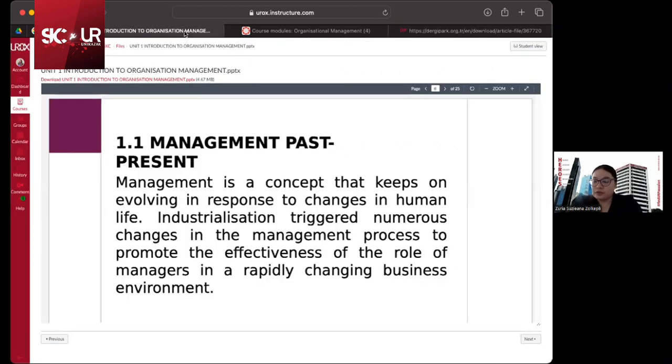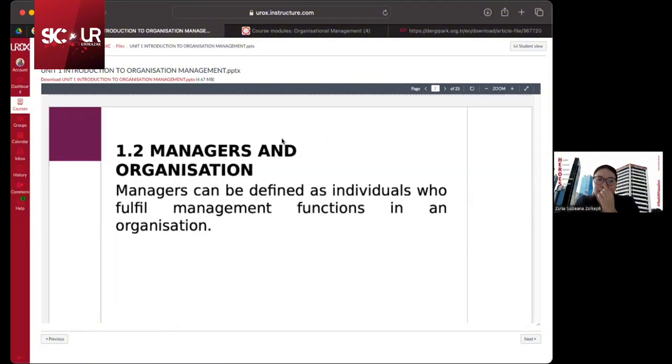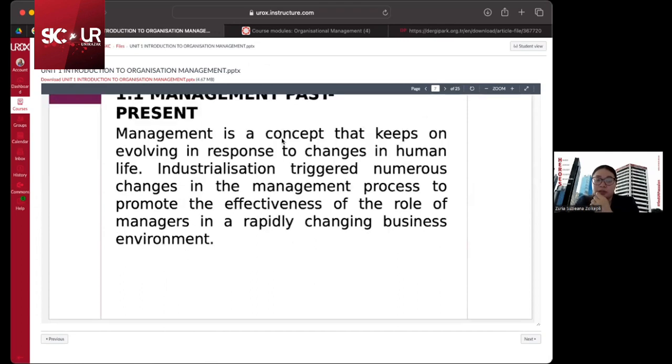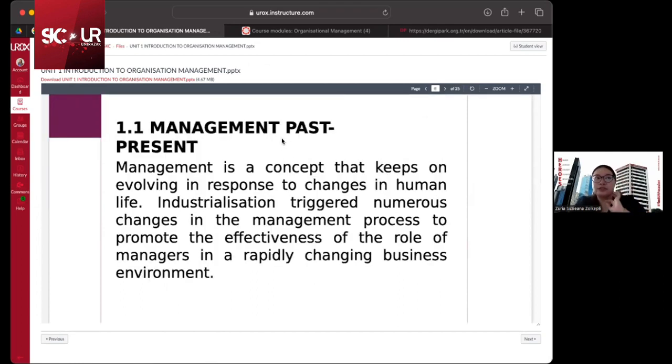So when we talk again, because in this slide there is no importance of management. Like I've mentioned to you just now, it helps you to realize why management is important, and maybe it makes you think why it's very important for you to be part of this management process or management function. The first one, definitely, is that it tries to achieve the goal, the organization goals.